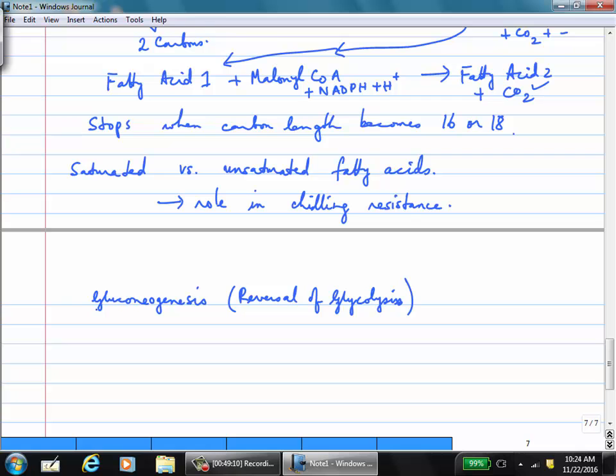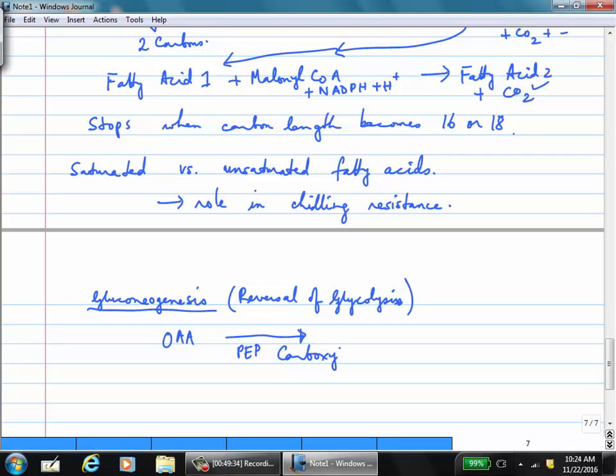So in gluconeogenesis, and again, starting from a protein also you can do that, because if you take the amino group off from some amino acid, you can get OAA and then the glycolysis reaction can run in reverse. So if you have OAA, and it is treated with an enzyme that is called PEP